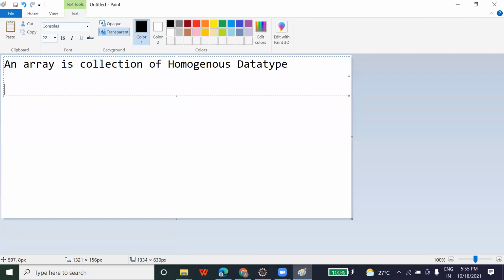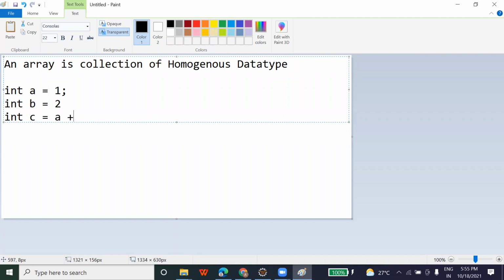See, till now we have seen that we were declaring a variable like this, a is equal to 1, and then we declare b is equal to 2, and we do addition like this, c is equal to a plus b.